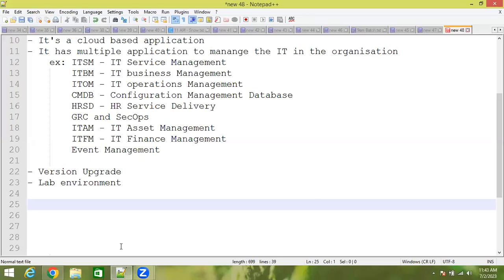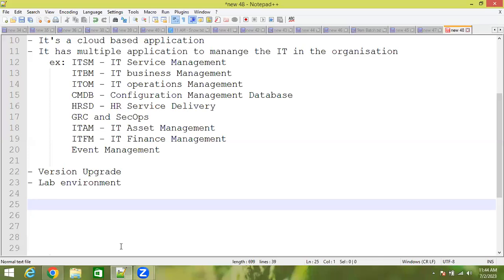They need not spend a single penny for getting the lab environment. Getting it? That's also one good thing in ServiceNow. These features may not be available in any other ticketing applications in the market, right?